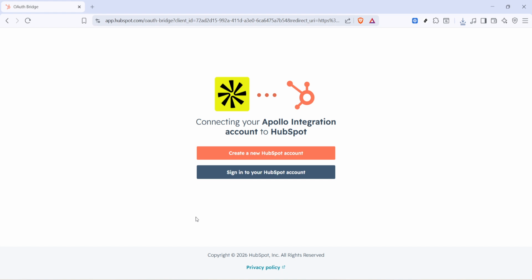Apollo will launch a secure window to begin the connection. If you're already logged into HubSpot in your browser, you may be prompted to choose the specific HubSpot account or workspace to connect. If you're not logged in, you'll be asked to sign in first. Make sure you select the correct HubSpot portal, especially if you work across production and sandbox environments, so data lands